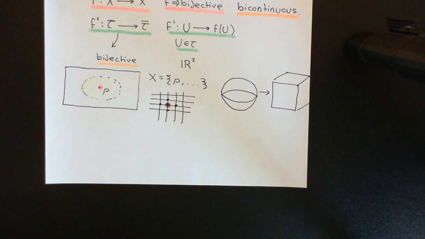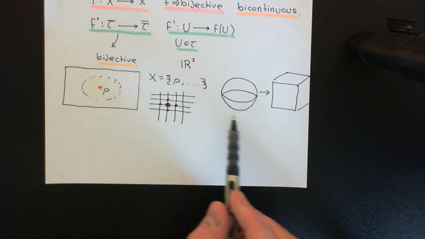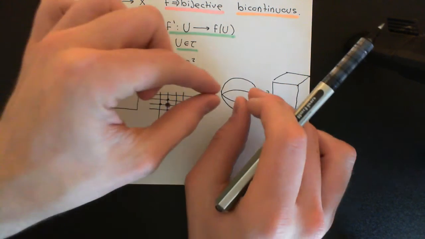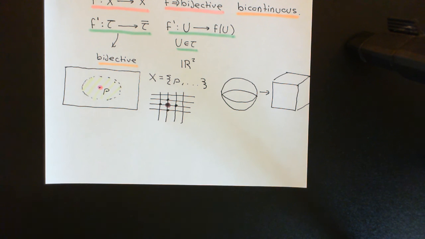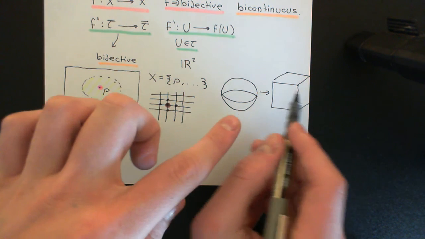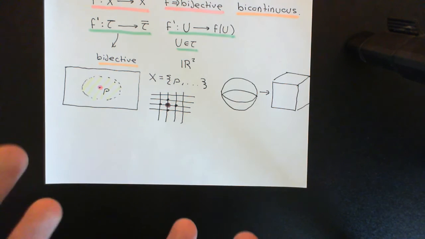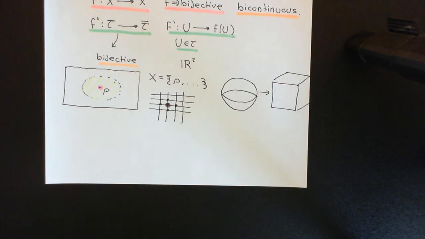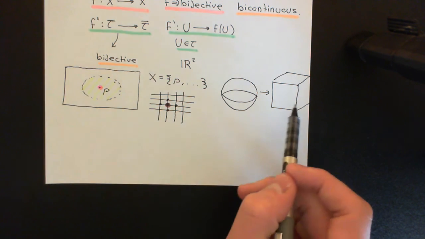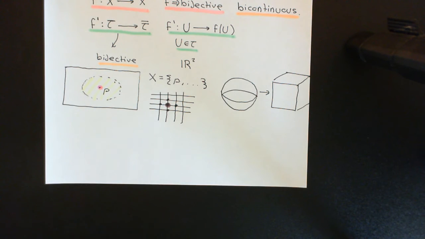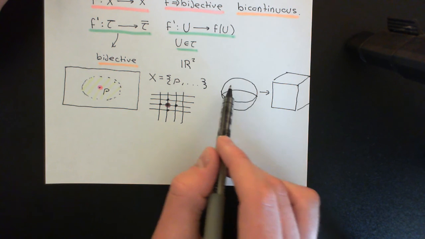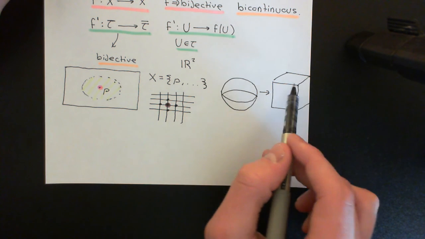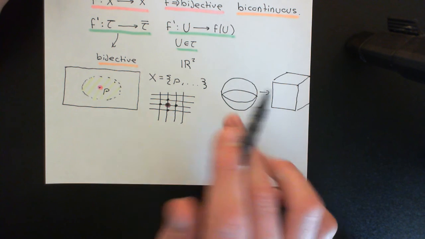Now, why is that going to be the case? Well, again, all we need to understand here is stretching elastic. Can you understand that if this ball here was made out of elastic, so imagine it's a very nice stretchy material, that I could stretch it and stretch it and stretch it and turn it into the surface of the cube there very easily without actually ever tearing it at all? Yes, I make it much less curvaceous, much more hard corners and things like that. But I have never actually had to break the elastic to turn that into that. All I've done is pull it a little bit, stretch it a little bit, and we know that that's not going to change the topological structure on here at all. It's not going to change how points are actually connected to each other on the sphere. The same points that are connected to each other here are also connected to each other here,